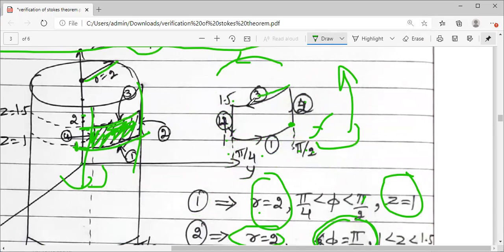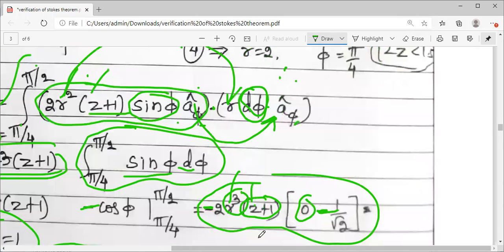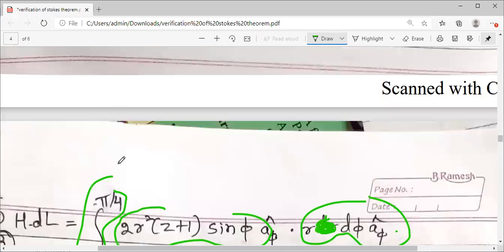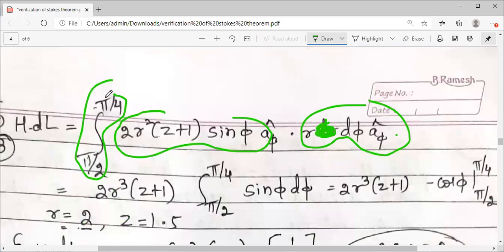We are moving in this direction. So pi by 2 to pi by 4, I have to reverse the limits for the third path. For the third path, it is not pi by 4 to pi by 2, it is reversed. Pi by 2 से pi by 4 लेना होगा आपको, okay? Then